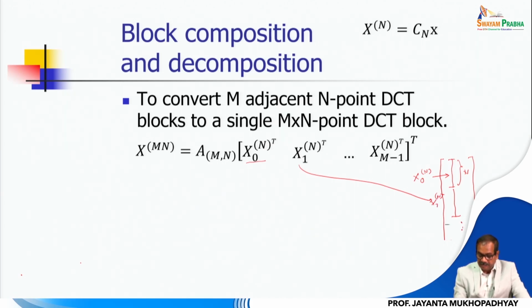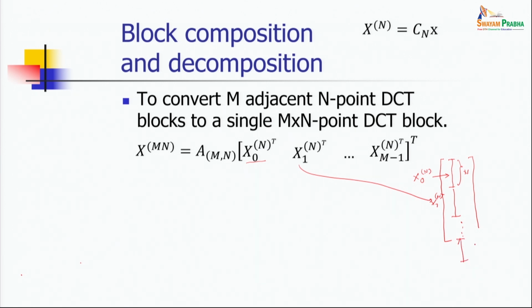So, in this way we have M adjacent blocks, that means this one is the M minus 1 adjacent block. This is a column vector. Once again, for convenience of representation in the form of a row, we are representing it in this form. We are taking a transpose of this column vector into this row form, and again we are performing another transposition to make it a column form like this. So, we are multiplying a matrix